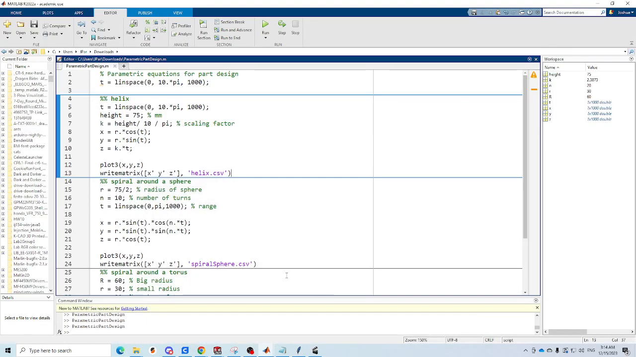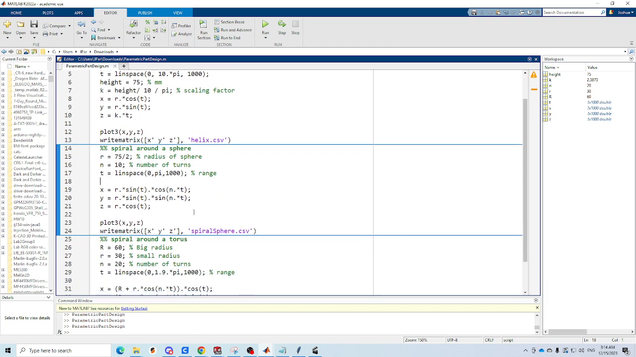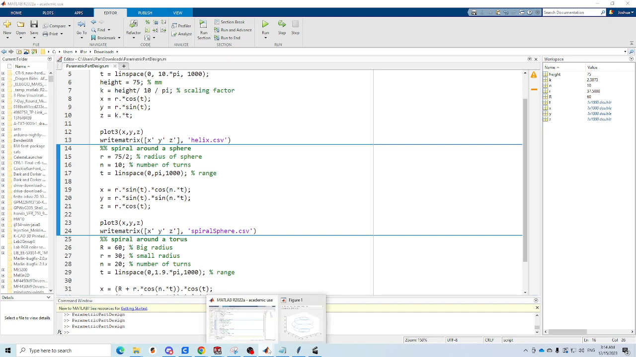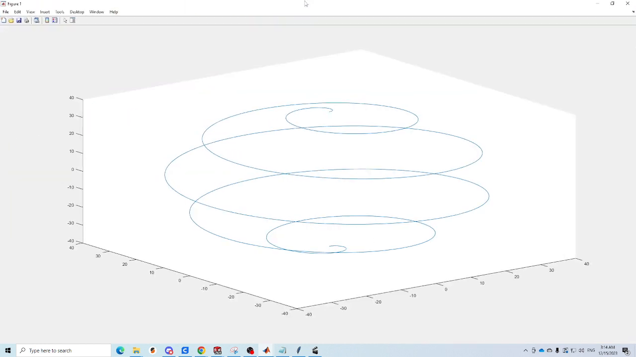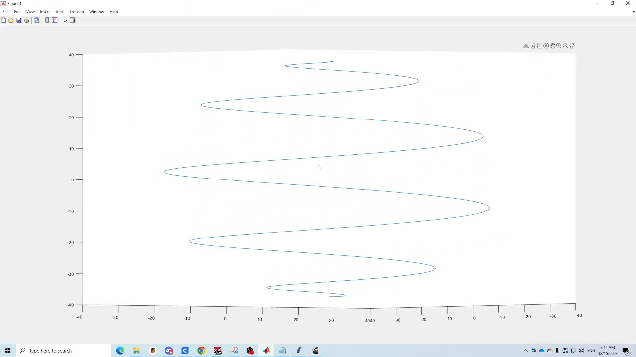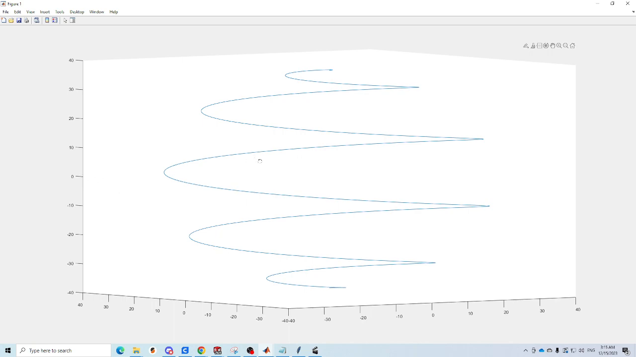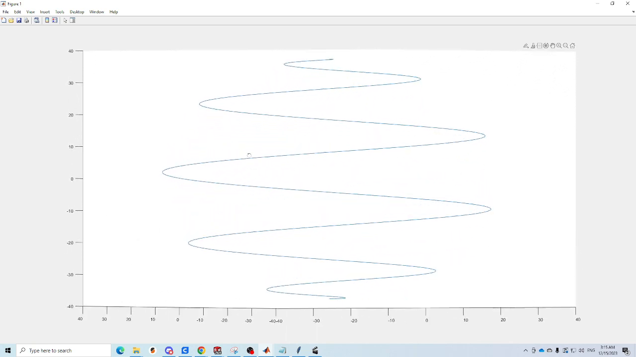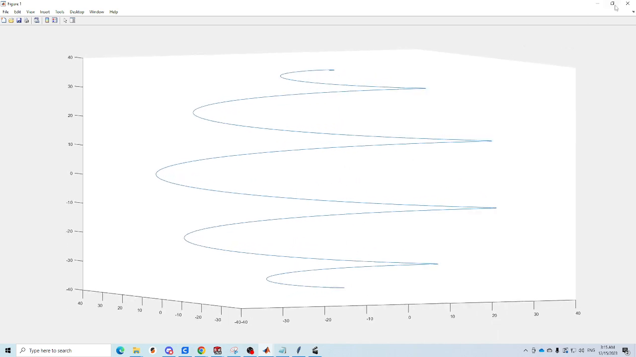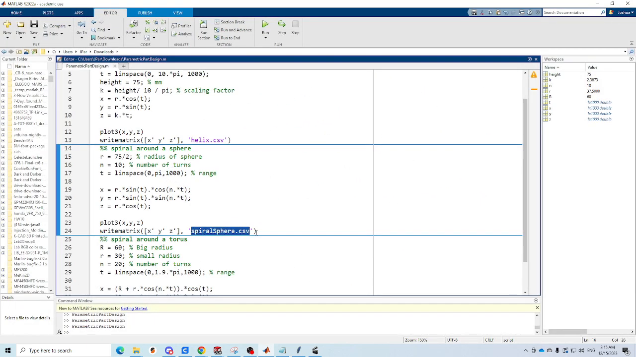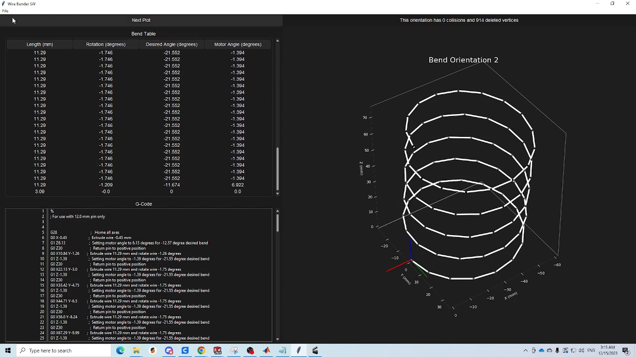If we go back into Matlab, we can check out just a couple more examples. For example, here's the same part that we saw in SolidWorks, a spiral around a sphere. So the exact same dimensions and same equations. And if we run this section, we can see the sphere here. Matlab does some weird scaling here. I'm sure we could define the limits and get it a little more to scale, but if we find this CSV and put it in the software,